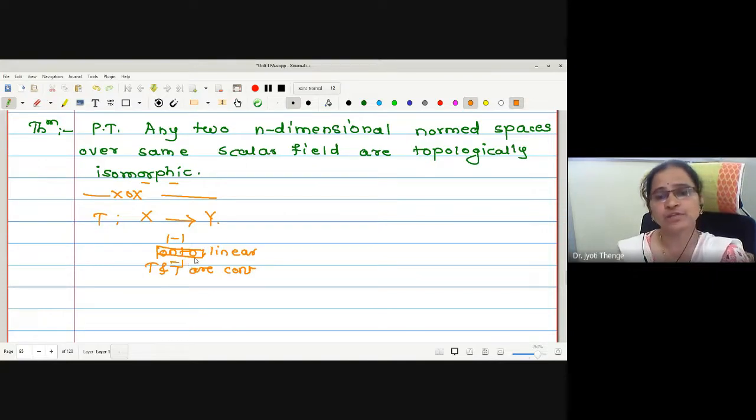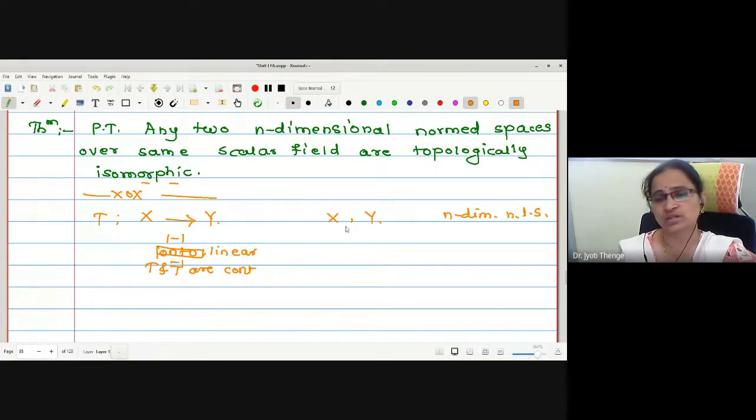Now, if we only have to show that a topological isomorphism exists, then there is no need to show it is onto. Correct? Now, here also, in proving this, we assume X and Y are two normed linear spaces with n dimensions. These are the n-dimensional normed linear spaces. Instead of proving the topological isomorphism between the two spaces, knowing topological isomorphism is an equivalence relation,